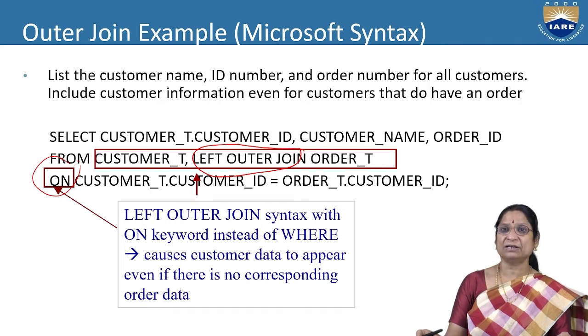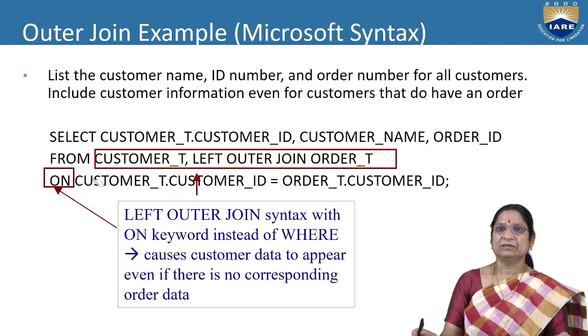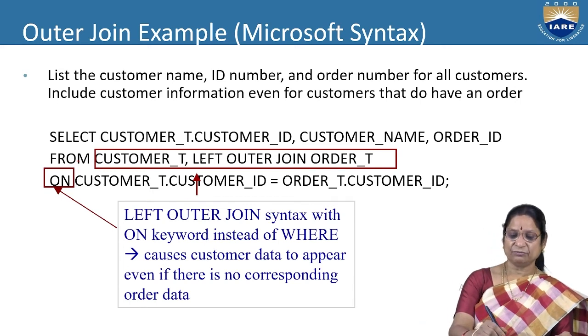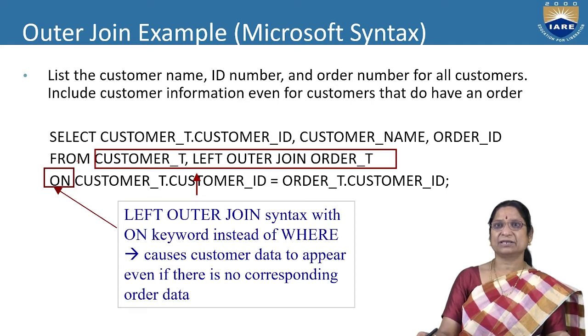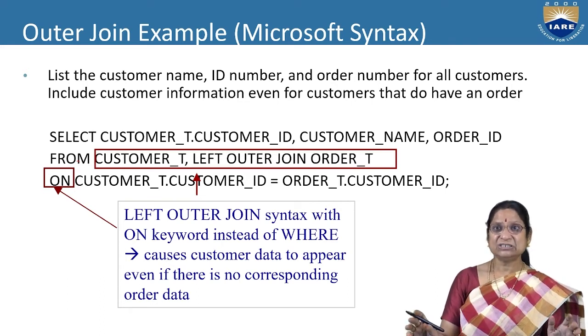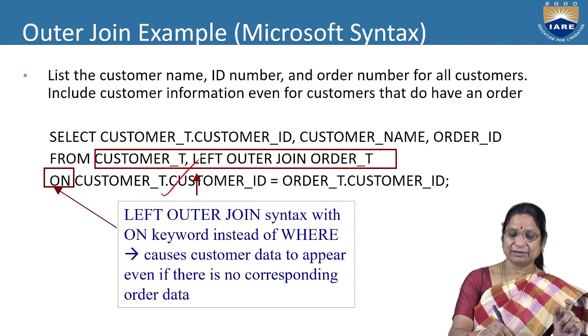Whenever we are using the on clause, we will use the respective join name directly, that is here left outer join on. So this is the left outer join. We are not using the where clause, and the on clause is used here. What will it do? It will join as usual. It will compare whether the customer's customer ID is equal to the order's customer ID or not. If it is equal, it will retrieve. Even if it is not equal, it will retrieve the customer data.